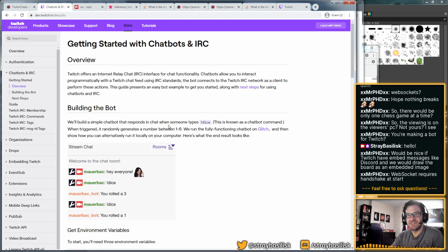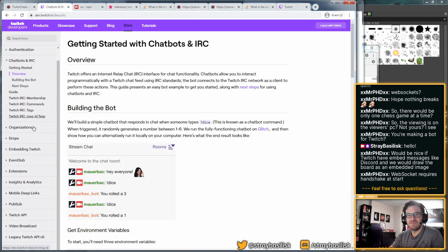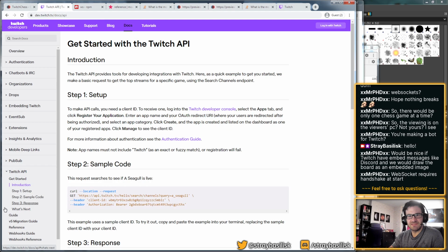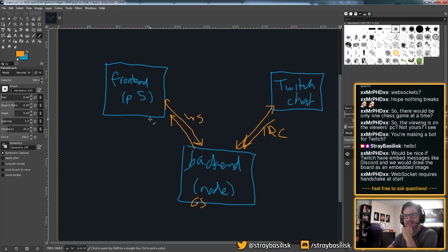This is kind of what they recommend you do. You just use an IRC client, but their REST API, I believe, doesn't include any chat stuff. I think this is the only supported way to connect to chat. So that's probably what I'll do. I don't know, I might fiddle around with trying to make a WebSocket connection to their little secret API thing. Maybe that'll work. Hopefully that makes sense though.